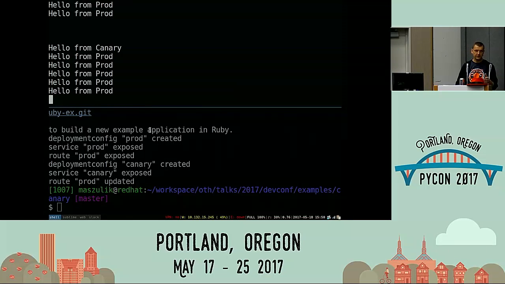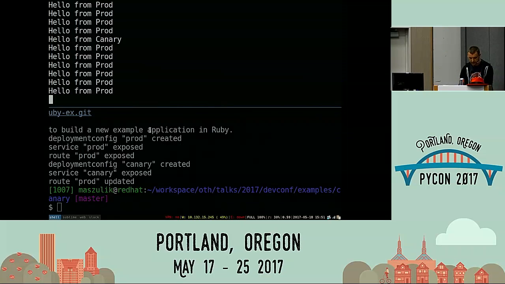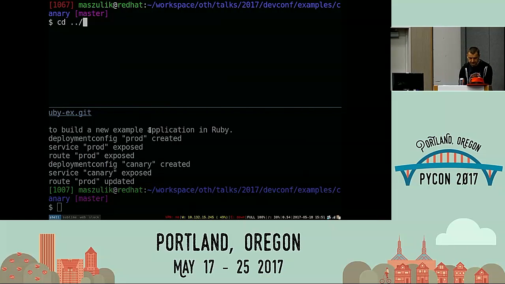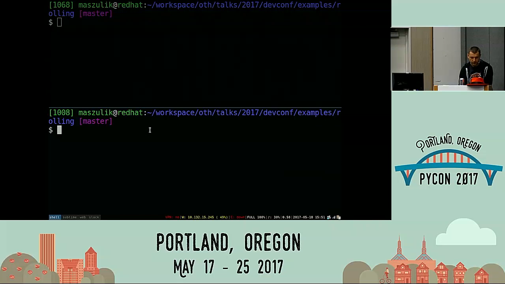It is perfectly nice to divide the traffic by percentage, but like I said, if you want some more sophisticated way of traffic direction, you need to have some sort of feature toggle, and based on the information that you have from the users, you decide how often they will hit one or the other environment. And the last one is showing off the default deployment strategy that we have in OpenShift,